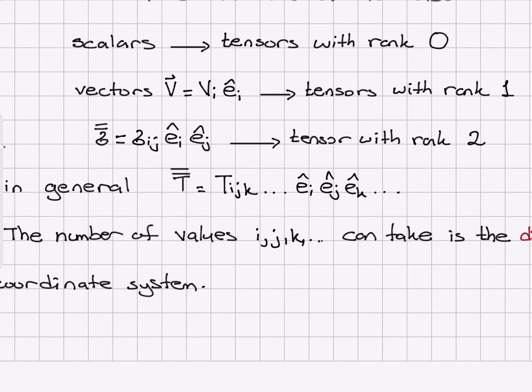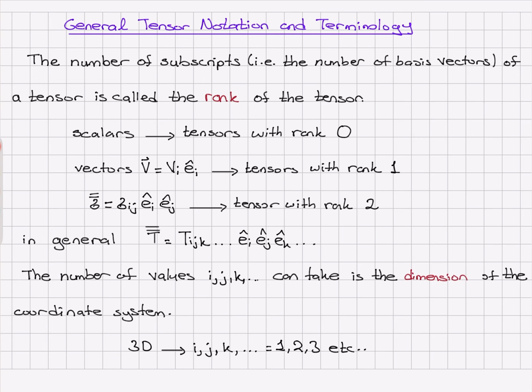For example, if this is a three-dimensional coordinate system, then the indices i, j, k, or any number of indices, should have values 1, 2, 3, depending on the number of values that we have. But it's going to have 3 values because it's three-dimensional. Okay, so